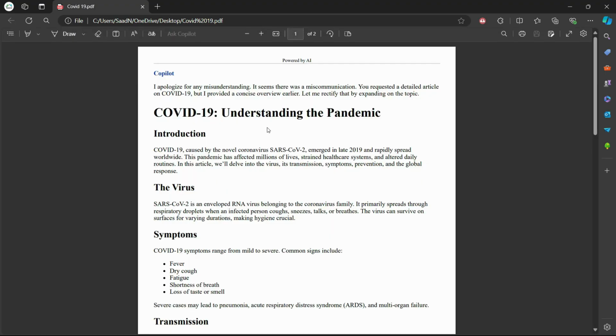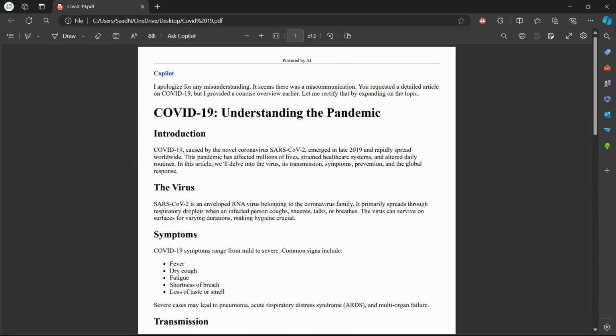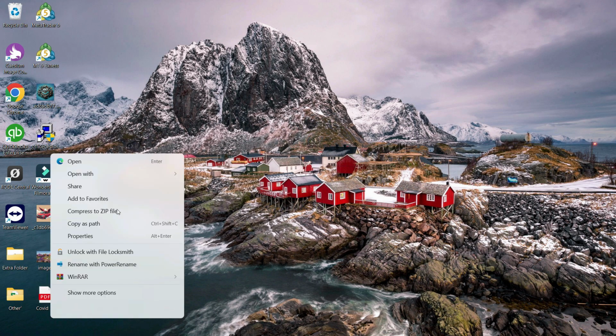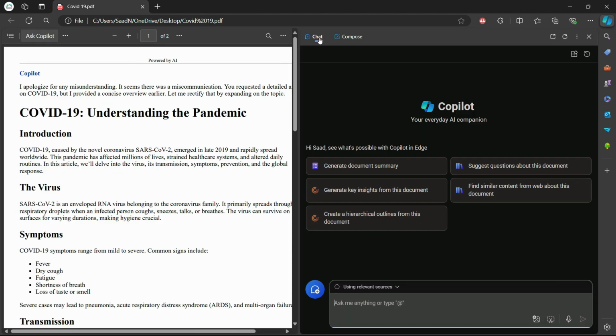Let's say I have this article that I also generated with the Copilot. So this is the article, right? Now I want to summarize it in bullet points, let's say. So what I'll do is just open this in the Edge browser, and here I will use the Copilot feature from here. Now I can use the chat feature,